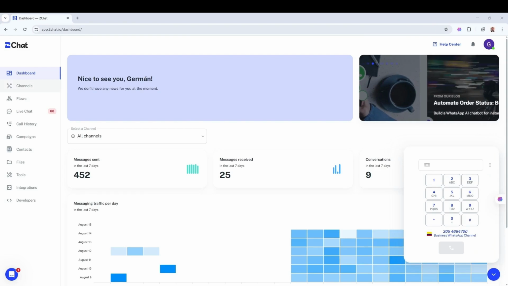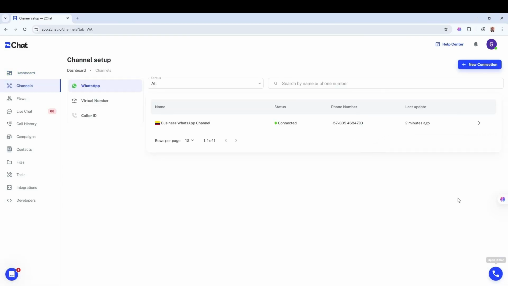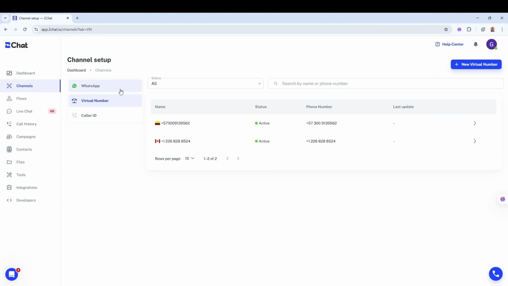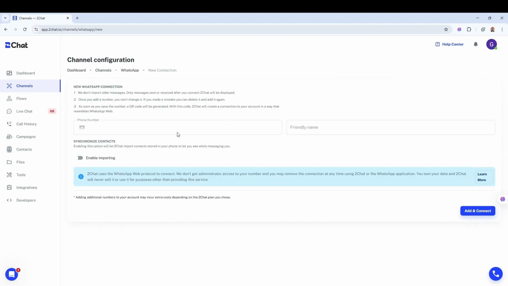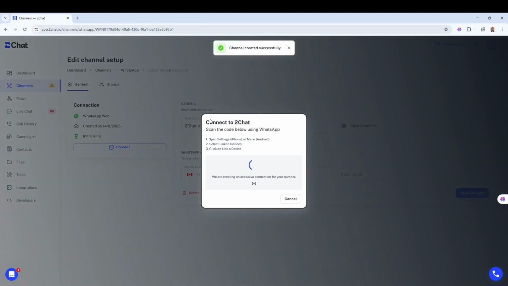Now let's see how we can activate a channel in Tokat with our new virtual WhatsApp number. We will go to Channels, then click on the option for a new channel. Next, we will enter the phone number, specifically the virtual number that we currently possess. Following that, we will assign a name to it. If we want, we can import the contacts, but in this case we won't do it, and then we click Accept and Connect. At this point, a process will run that will generate a QR code for us to scan